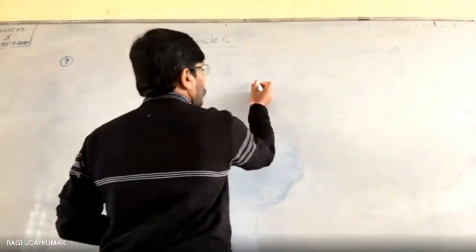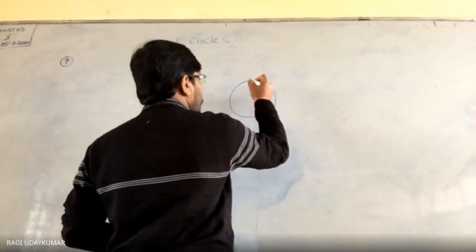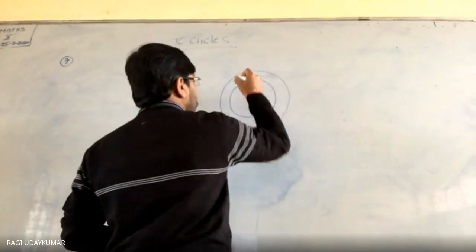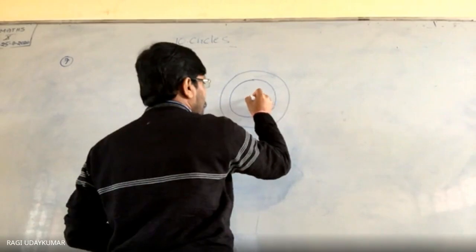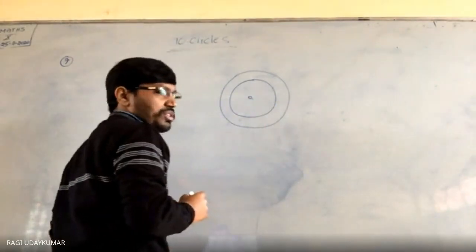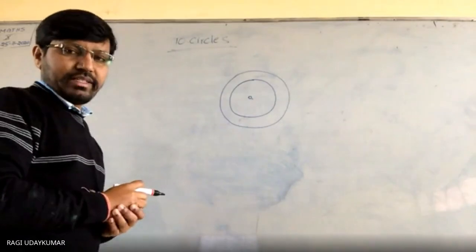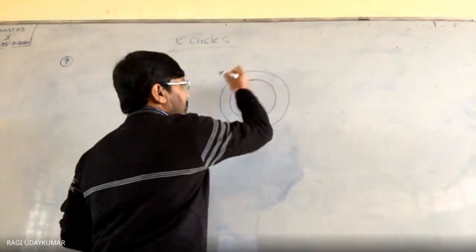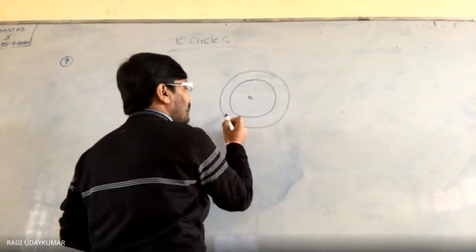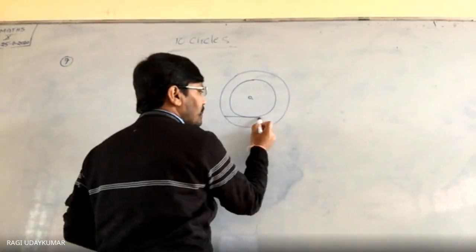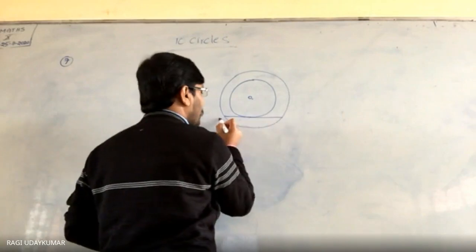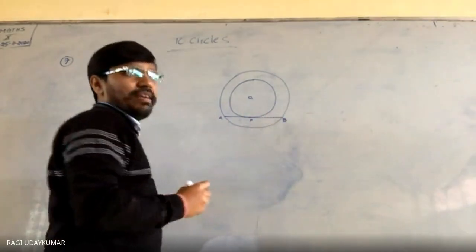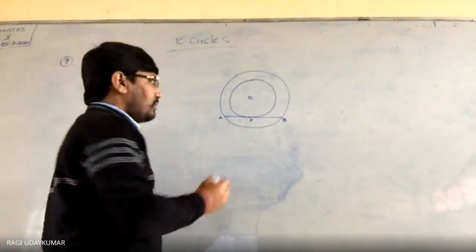So that is nothing but you need to draw the circle. Its radius is 3 centimeters. Another circle, these two circles. These two are concentric circles with the center O. Let us assume the center O. Now the question is given that the chord of the larger circle touches the smaller circle. So this AB is the chord. To find out the length of this, what you need to find out is the length of AB.